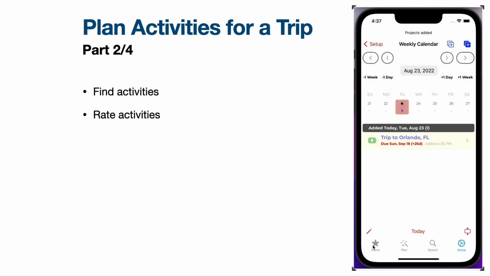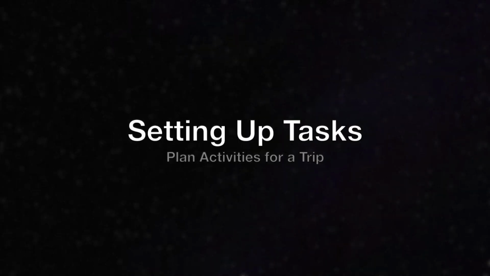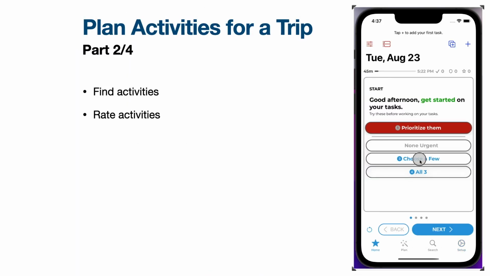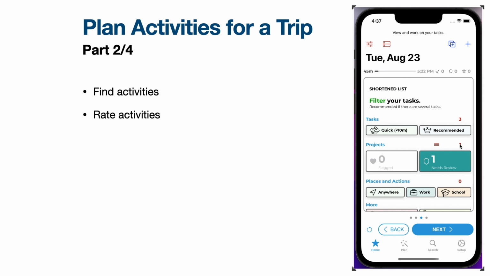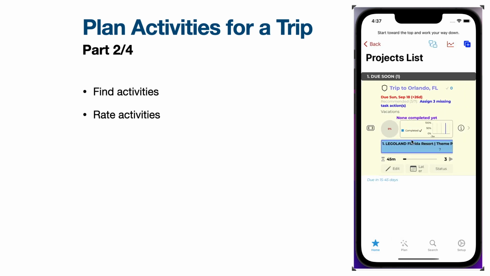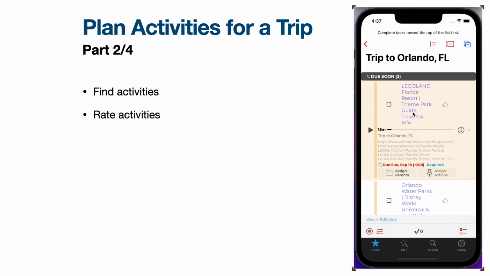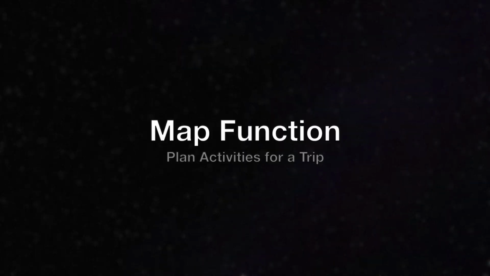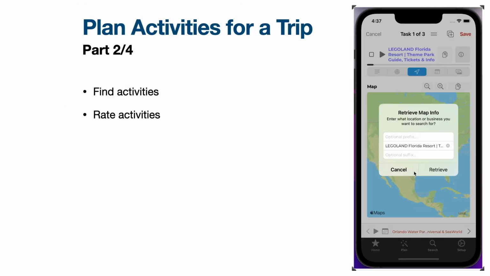So I'll go to the Home tab, where I'll spend most of the time. I'll go to Choose a Few, so I just could see those for this project. It's the one project there. So I'll tap on my project and I see my 3 tasks here. So if I go into my first task and I go to the Map tab,